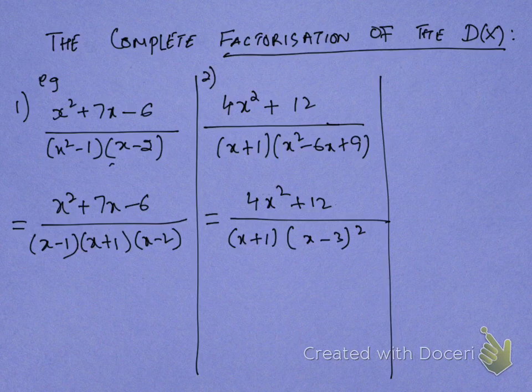Before splitting the given fraction into partial fractions, make sure the denominator is in its simplified form. If you see in example number 1, this factor x square minus 1 can be factorized. So first factorize the denominator completely and then go for the partial fraction. Therefore, this is the simplified form of the fraction. In example number 2,